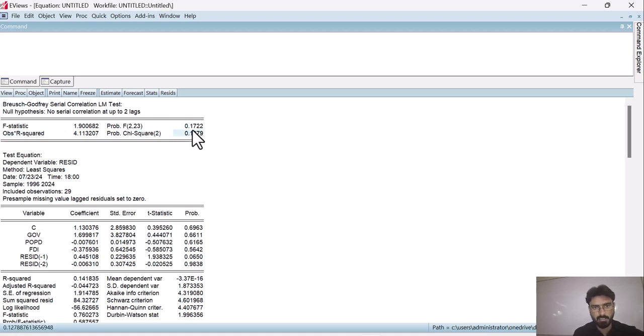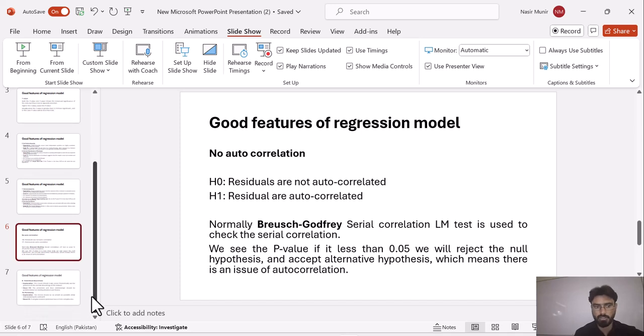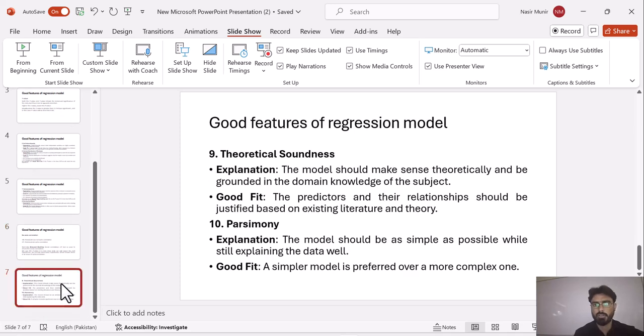As it is greater than 0.05, we have to accept the null hypothesis, which means that residuals are not autocorrelated, so there is no issue of autocorrelation in our model. This is how you can check the autocorrelation issue in your data set.